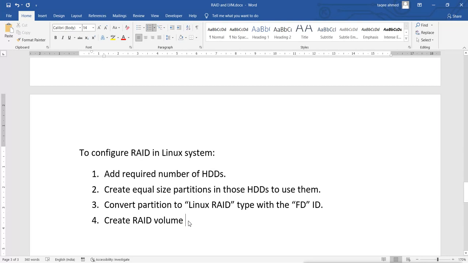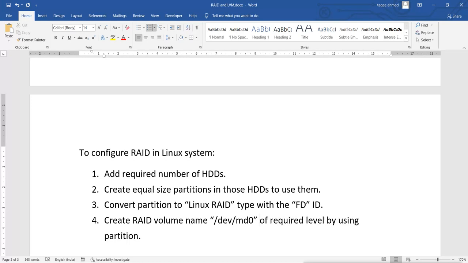RAID volume of the required level by using these partitions, or I can say by combining those partitions. So the RAID volume name will be Dave_MD0. This will be the name for our RAID volume.